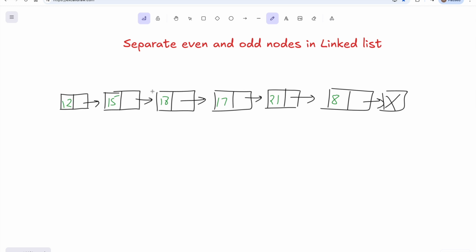So what we can do is that first of all we will be putting the even nodes, whatever the data of that particular element of the node is even, we'll be putting those nodes first, and then we will be putting the odd nodes. So in this particular linked list, the final linked list will be: 12 is the first even node, then second even node is 18, so 18 will be put, then 8 is the even, so we'll be putting the 8. Then we'll be putting all the odd nodes, so 15, 17, then 21,